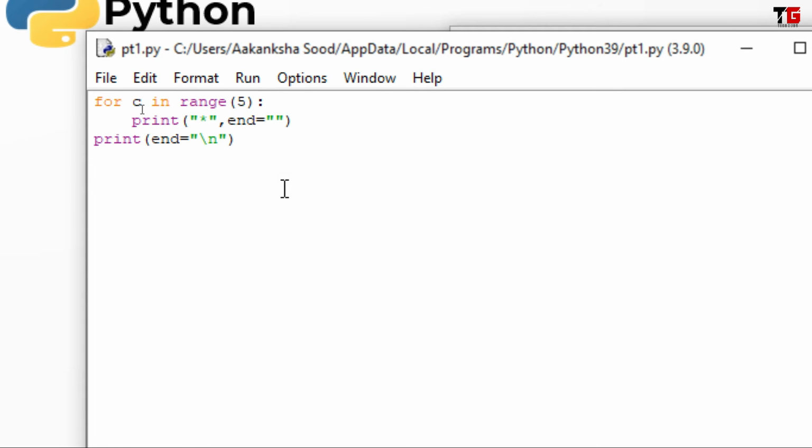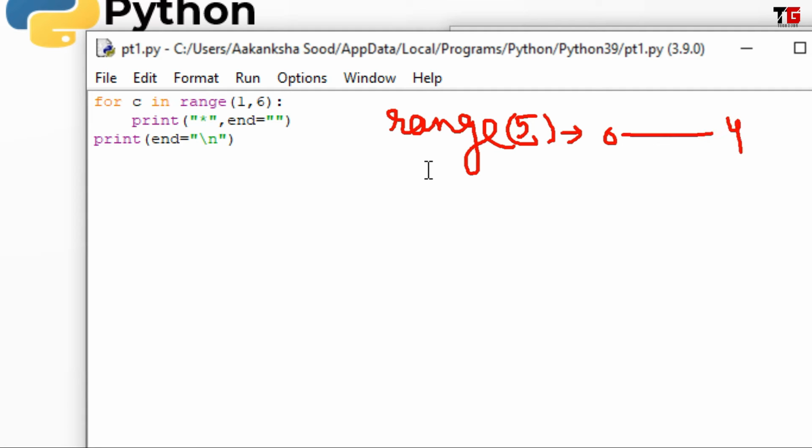Friends, in this way we can print 5 stars in one single line, but our loop is running from 0 to 4. To avoid any confusion, I am starting this loop from 1 and I am writing 1 to 6. If I want to print 5 columns, then I am running my loop from 1 to 5. In output there will be no difference, but if I give range 5, then my loop runs from 0 to 4.